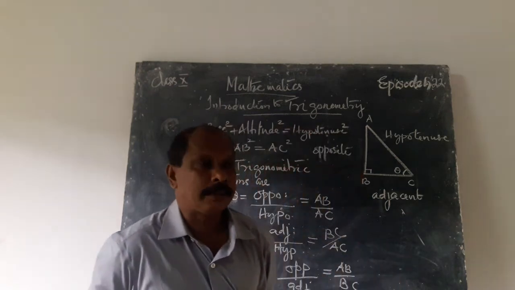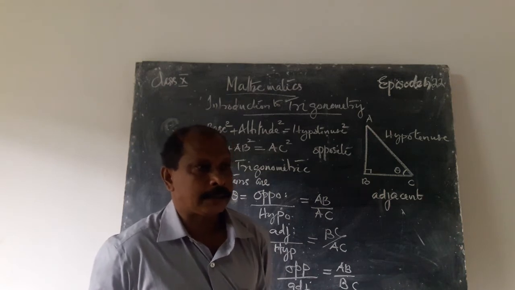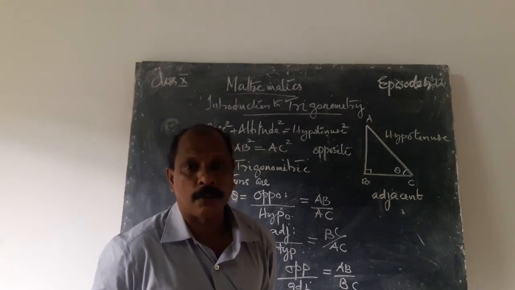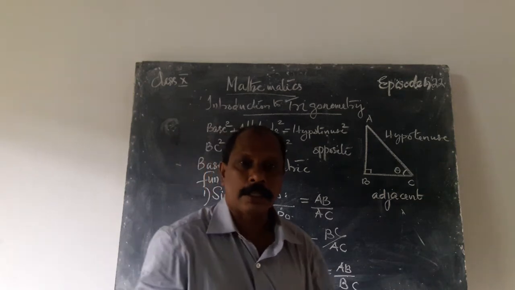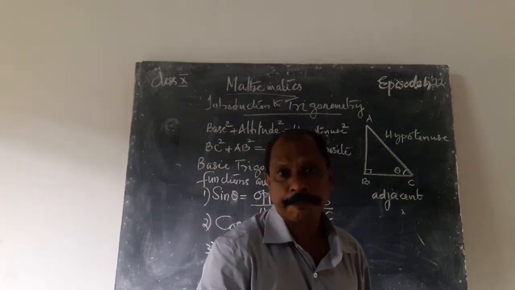And tan theta is equal to opposite side by adjacent side, that is AB by BC of the right angle triangle ABC, right angle at B, and the angle at C is theta. These are basic trigonometric functions. Clear? Then